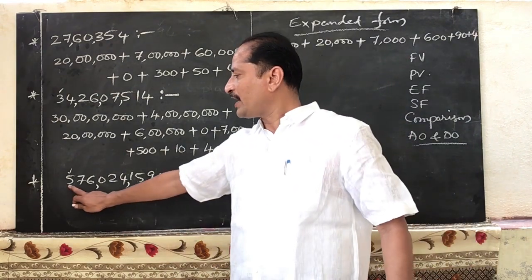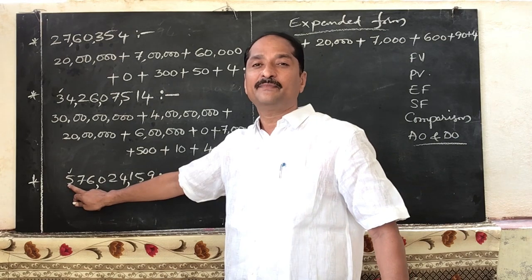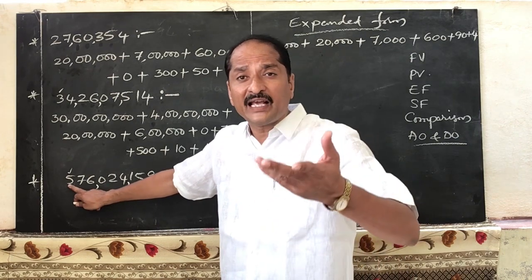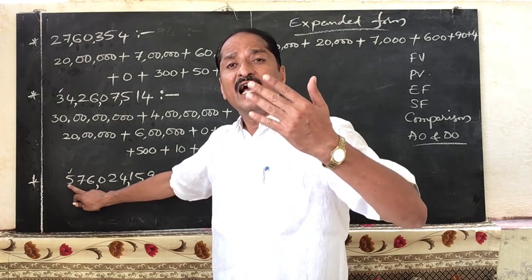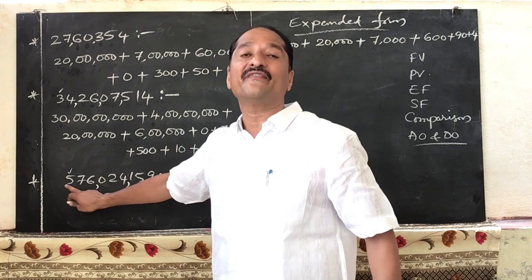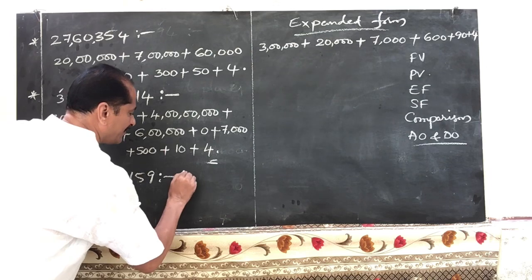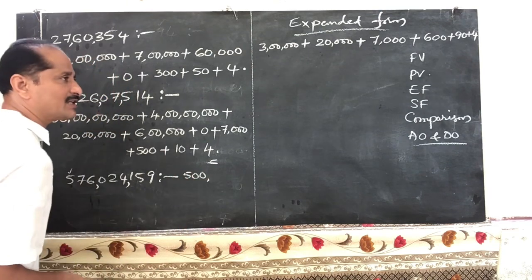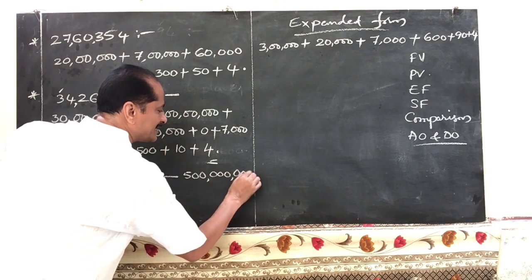Now place value of 5. 5 is in which period? Millions period. And it is in 100 millions place. So 5 into 100, 500 million. So write down 500 millions. How can you write down 500 millions? 500 you have written in millions period. Next lower than millions, thousands period, 3 places. Next lower than thousands, units period, 3 places.